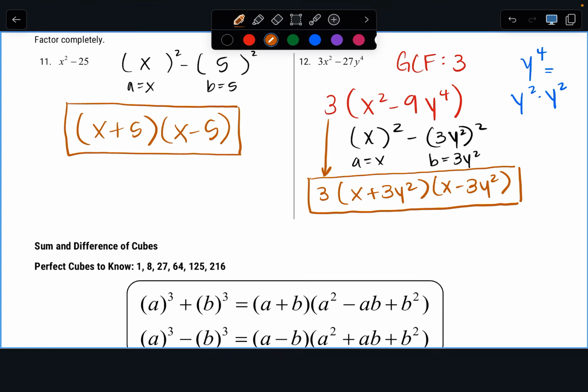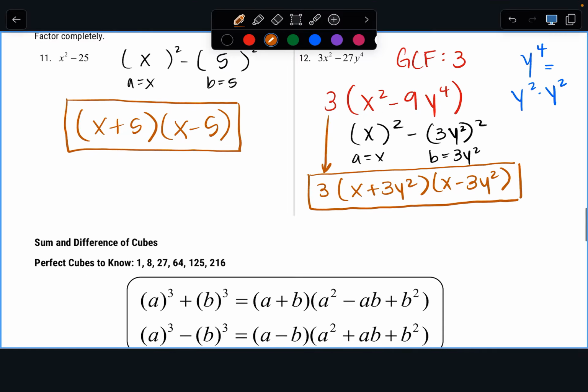Okay, any questions on the difference of squares? It has to be subtraction. It cannot be addition. That formula only works for subtraction. Now,